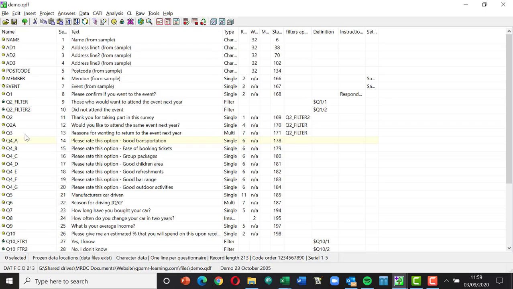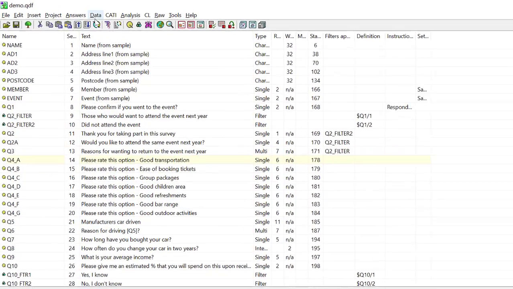You've got your questionnaire here in the QDF. You've got your data sitting in an ASCII file. ASCII files and CSV files are a nice way of storing data because you can inspect them in other bits of software. So, for example, Notepad would open up an ASCII file for you, and Excel would open up a CSV file for you, so you can see what's in each field there if you wanted to, completely outside of